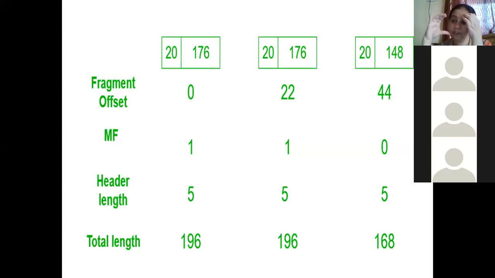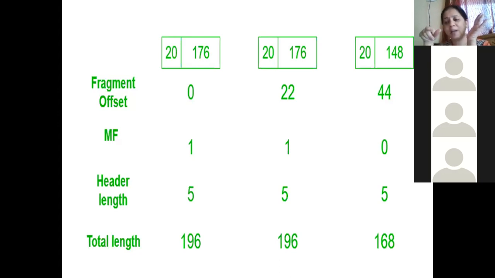As I said, if you have a packet which is divided into 3 fragments, for the first fragment, the fragment offset will be 0 because it is the first one. So second and third are the fragments which are going to be appended, which are going to be joined. So for the first fragment, always the fragment offset will be set to 0. Second and third fragments, the fragment offset field, which is a 13-bit field, will contain the value where the fragment has to be fitted. MF field, which is a 1-bit field, for the first fragment, it will be 1.